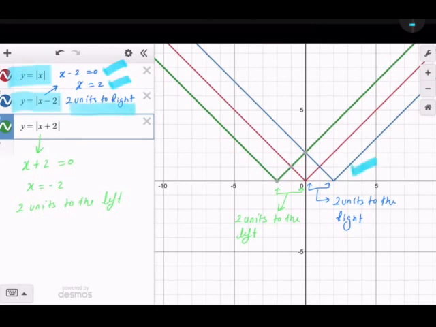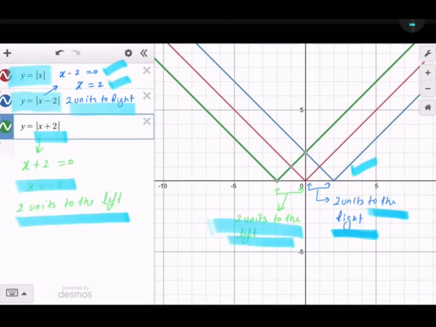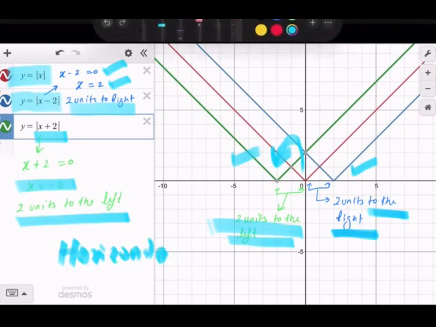The blue curve with respect to the red curve is shifted 2 units in the positive right direction. And if you put x plus 2 equal to 0, we see that x equals negative 2. This time it is a negative value, so it's going to shift towards the negative side. So the green curve in relation to the red curve is shifted 2 units to the left. This is called horizontal transformation, like I showed you in the general expression, the general function.